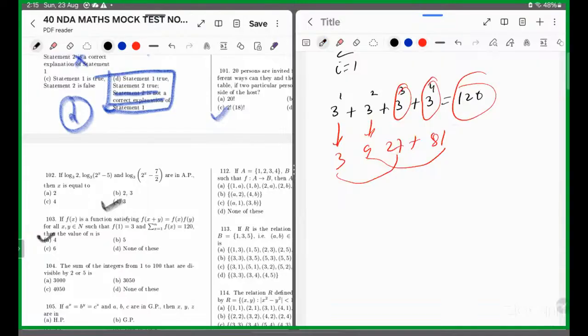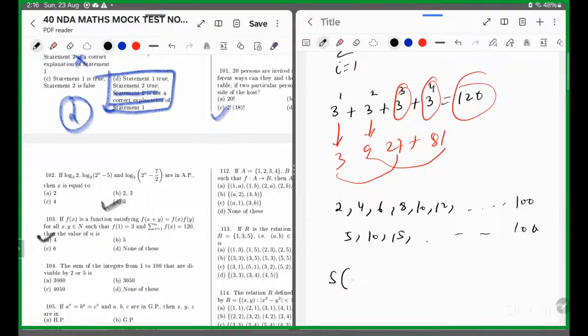हाँ, जल्दी, द सम ऑफ इंटीजर्स फ्रॉम 1 to 100 दैट आर डिविजिबल बाय 2 और 5। ऐसे नंबर जो 2 और 5 से डिवाइड हो रहे हैं, तो बताओ पहले 1 से लेके 100 तक जो 2 से डिवाइड होते हैं वो लिखते हैं हम। कौन से डिवाइड हो रहे हैं, दो, और कौन से हो रहे हैं, ये दो है, इवन मल्टीपल चार है, छह है, आठ है, 10 से 12 ऐसे हो रहे हैं, लास्ट में आएगा 100। और पांच से तो आएगा, पांच आएगा, 10 आएगा, 25, 15 आएगा, ऐसे ही आएगा 100। लेकिन इसमें ऐसे बंदे आएंगे जो कॉमन भी आएंगे, मतलब 10 के मल्टीपल्स। तो मैं निकालूंगा किसके किसका